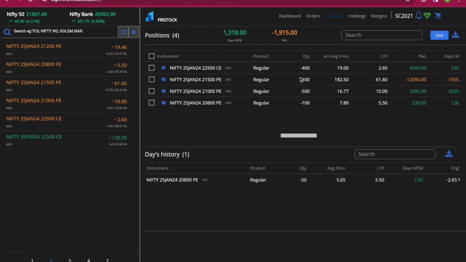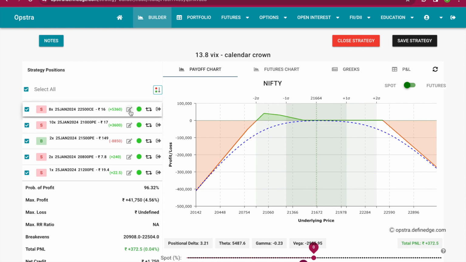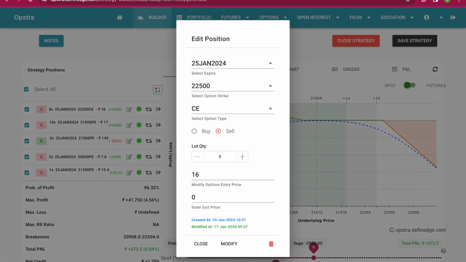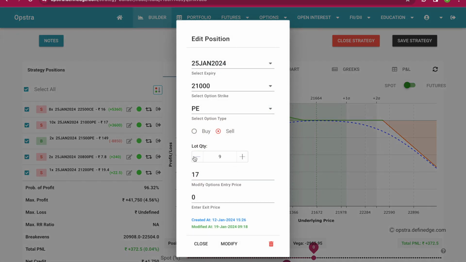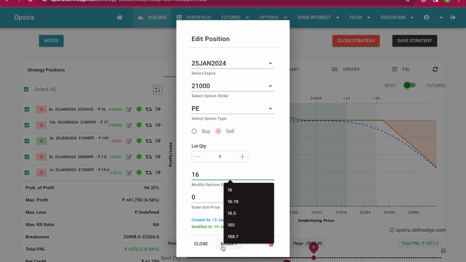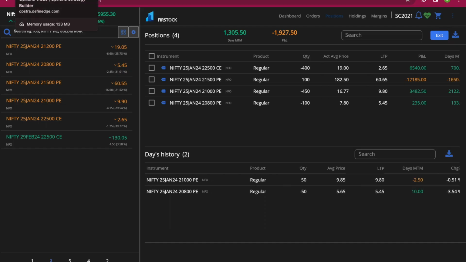I think this one lot will get exited, and this is 16. Okay, so earlier I had this PE of 10 lots. Make it 9. Yes, modify. Yes, now it is exited, and we'll go ahead and sell this